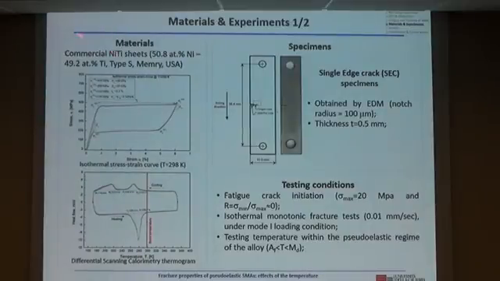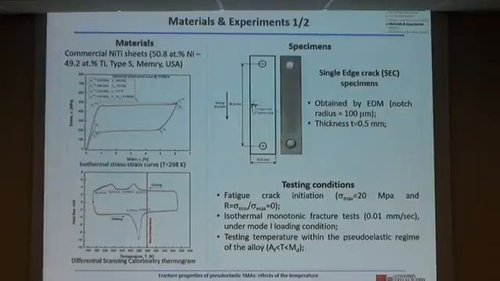We have used a commercial pseudoelastic material. The specimen is a single-edge crack specimen obtained by electrical discharge machining. We made a notch with a radius of 100 microns. And testing conditions are, okay, the first step is fatigue crack initiation. And after the crack initiation, we did isothermal monotonic fracture tests at very low loading rates. It is to overcome possible problems arising from local temperature change at the very crack tip due to phase transition